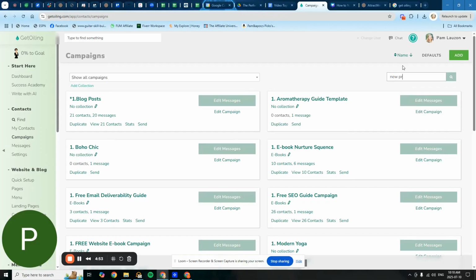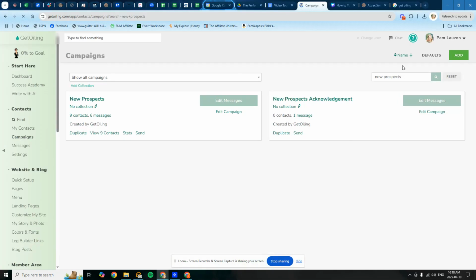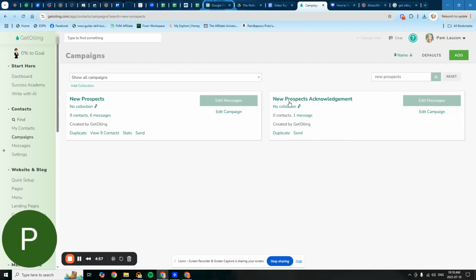If you're new, you probably only have a few campaigns, the built-in campaigns here. So the new prospects acknowledgement is the one here. It says created by Get Oiling. It's a system campaign, which means that you cannot edit it unless you duplicate it. So if you want to use this campaign but adjust it, hit duplicate and call it something like My New